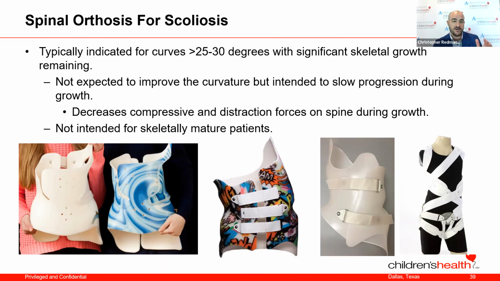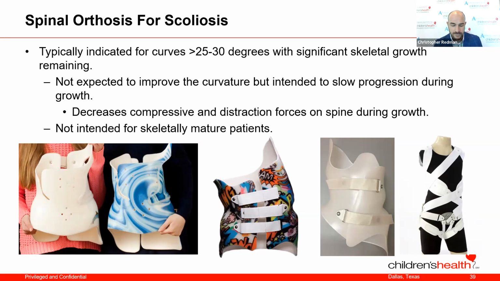So if you think about the way that growth happens, our growth responds to compression and distraction. So if we have more compression on a growth plate, it is unlikely to grow as much, versus distraction is going to cause more growth. So when we have a spinal curvature, we're having compression on the inside portion of the curve, and we're having distraction on the outside portion of the curve. This then leads to accelerated growth on the outside portion and slow growth on the inside portion,